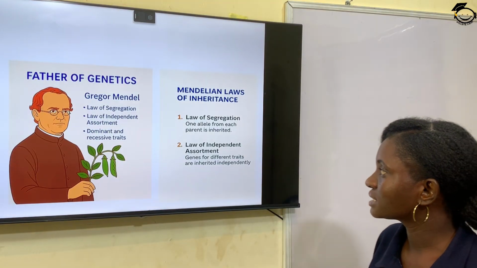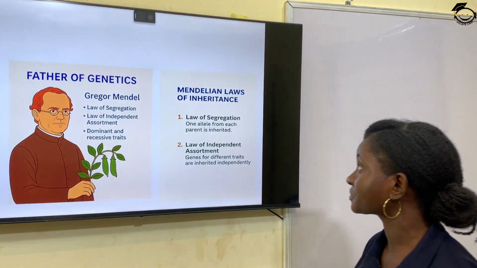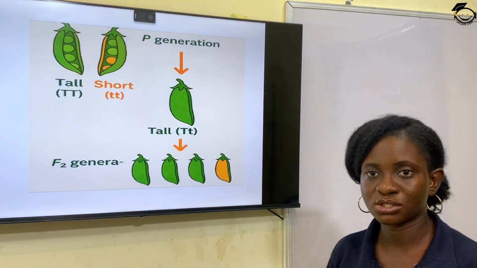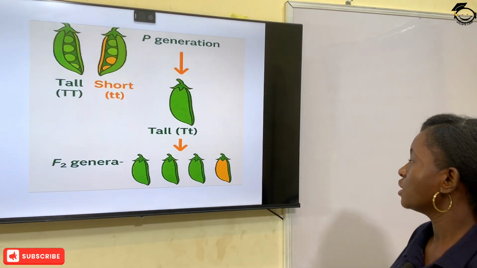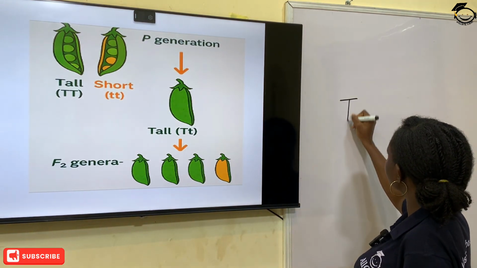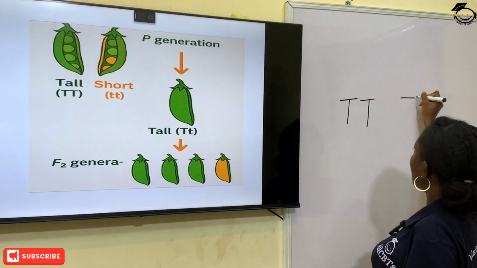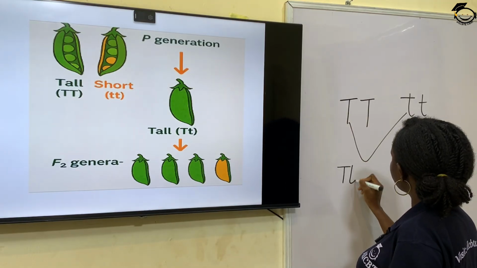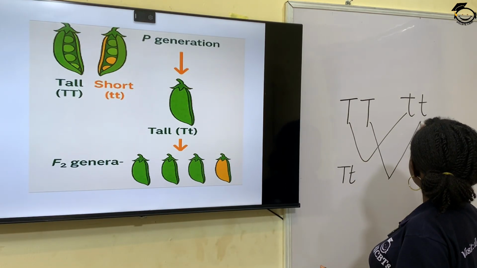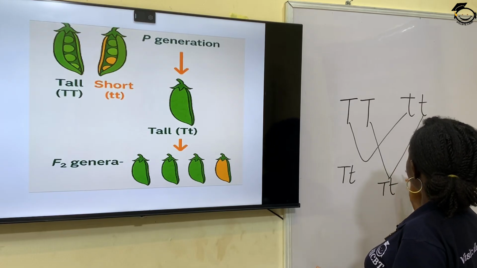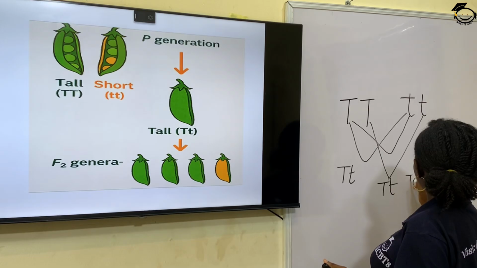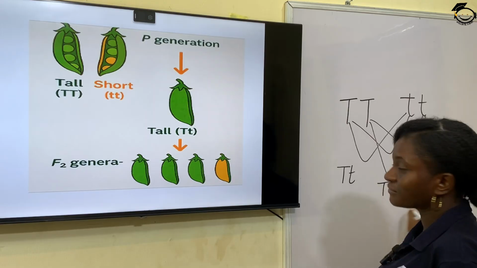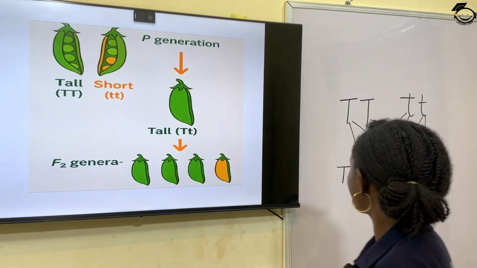So how did he come across this? Let's look at the experiment in the next slide. He used a pea plant. He crossed a tall plant with a short plant. So let's look at it, crossing a tall plant and a short plant. So you have TT, then tt, so in this first generation,